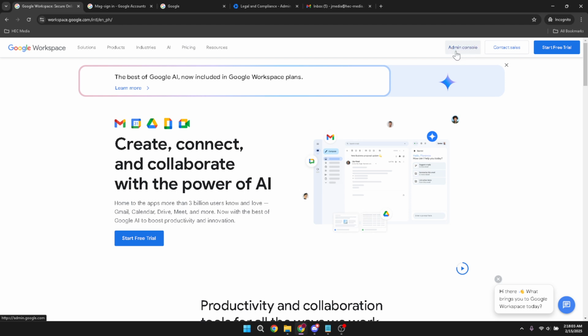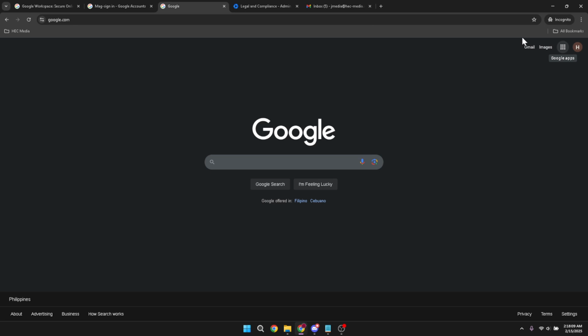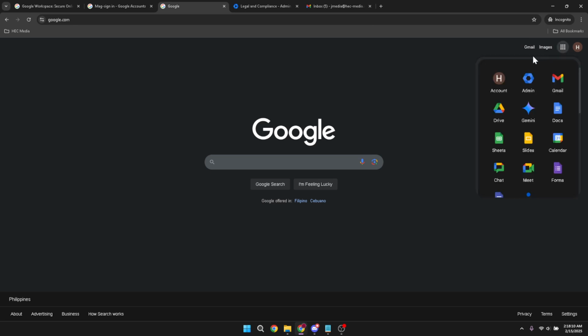After logging in, take a look at the top right corner of your screen. You'll see the Google Apps menu, a grid icon that houses all the Google services you have access to. Click on this menu and then select the admin icon. This will take you to the heart of the administrative tools where you can manage various aspects of your workspace